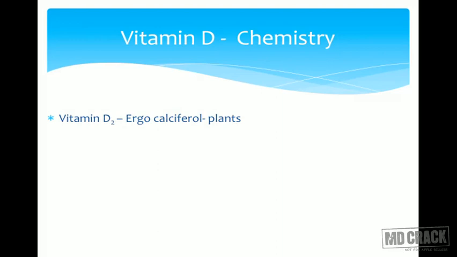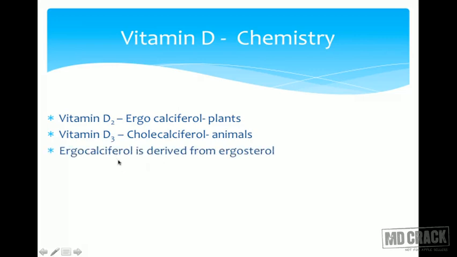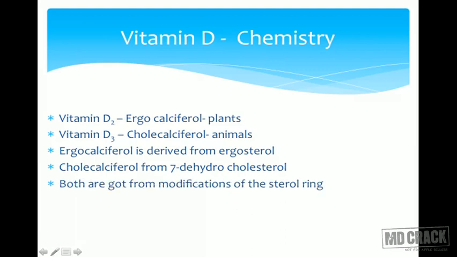There are two types, vitamin D2 and D3. But D3 is what is important. D2 is present in plants. D3 is present in animals. Vitamin D2 is also called ergocalciferol and D3 is called cholecalciferol. So in animals, cholecalciferol is important, but in case we have plant sources for vitamin D, this can be converted to cholecalciferol. Now ergocalciferol is derived from ergosterol and cholecalciferol is derived from 7-dehydrocholesterol, and both are got from the